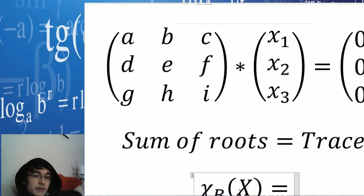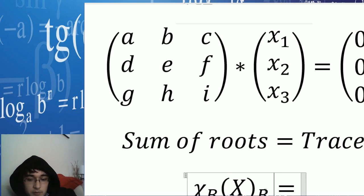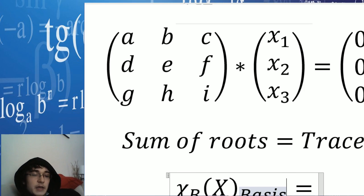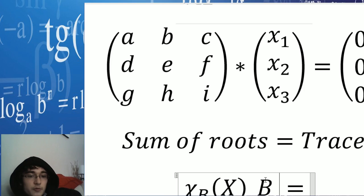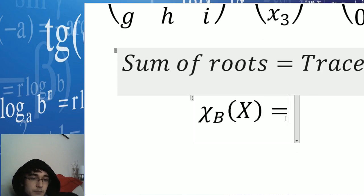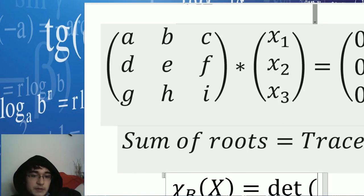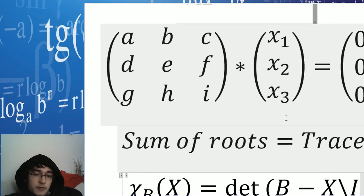Yeah, and you can also add a basis. It's on a certain basis, so B here is the basis. You can have lots of bases. You can have a basis change. It's kind of tricky, but I'm going to say that it's the regular base, the usual base for real numbers. Here we have the determinant of the matrix B minus x times I,